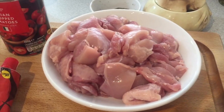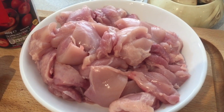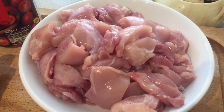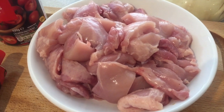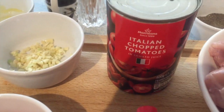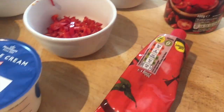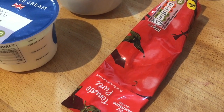Then we chop up 500 to 600 grams of chicken thigh. Now I use the thigh instead of the breast. The thigh is cheaper and much tastier. A can of chopped tomatoes, a tablespoon of tomato puree,